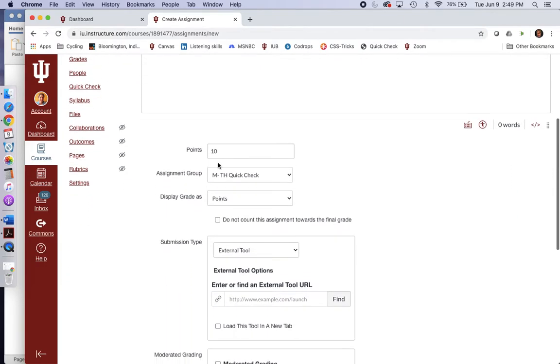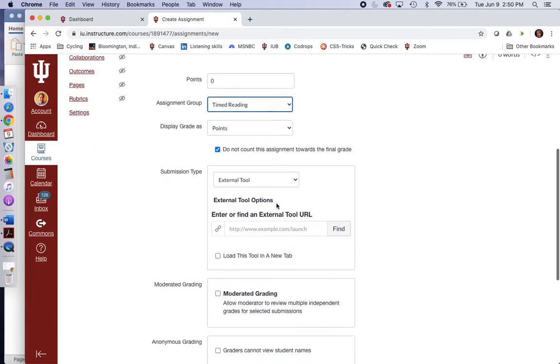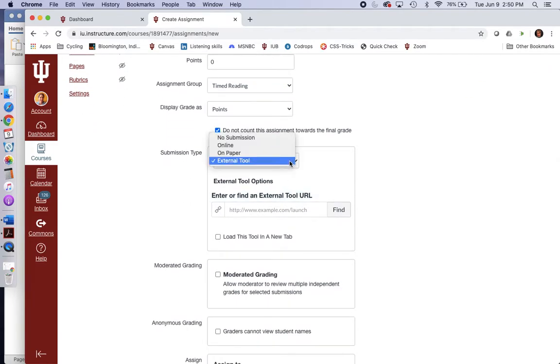Continue down. You determine if you want points. You can have points and still not count towards the final grade, where you click Do Not Count Assignment for Final Grade, or oftentimes I'll just have 0 points. Just to be very clear to the student, this is pure practice. If you have groups and assignments, you can assign it to one of the groups. I'll do a reading test. Reading section. Scroll down to Submission Type and click on External Tool, and there you're going to scroll down and